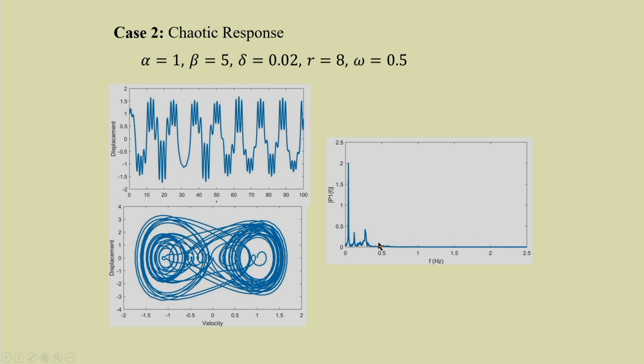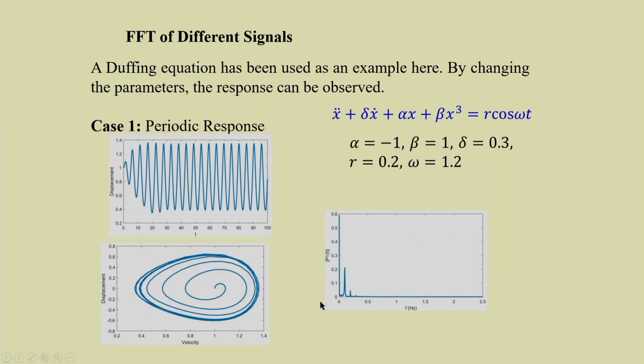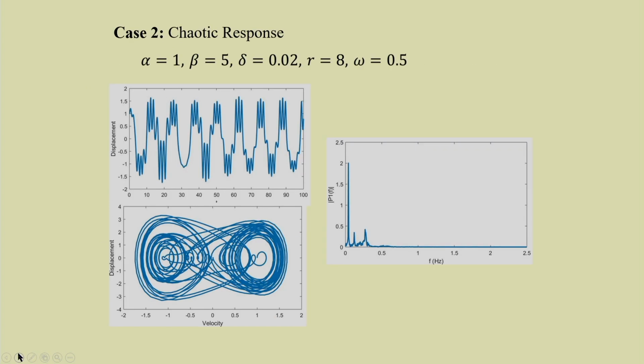In case of a discrete system or discrete frequency, you can have only a few peaks, and they are distinct, but not connected or continuous. But in case of the chaotic response you can have a continuous spectra. These peaks are there, but this is the dominant peak, the dominant frequency, and these other frequencies are there. So, these characterize a chaotic response and these characterize a single periodic response in this case.